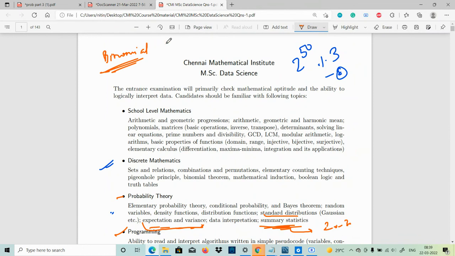Okay, so today is the 22nd, so this should be completed by the 25th. So 23, 24, 25 we have. And then from next week, we will start with discrete maths, which is sets, relations, combinations, permutations. This will also take maybe 1 week to complete. And from April, we will start with school level maths, and we'll do some portion from there also, and keep solving some questions. From the start of April we will start having some weekly tests or something like that.